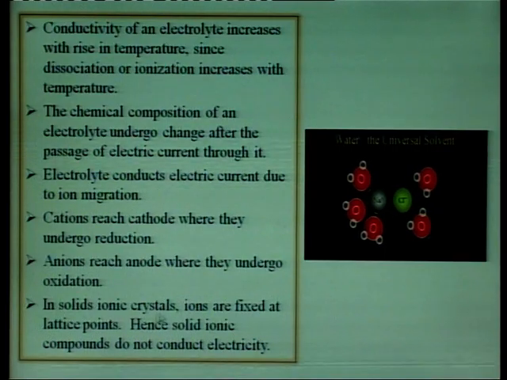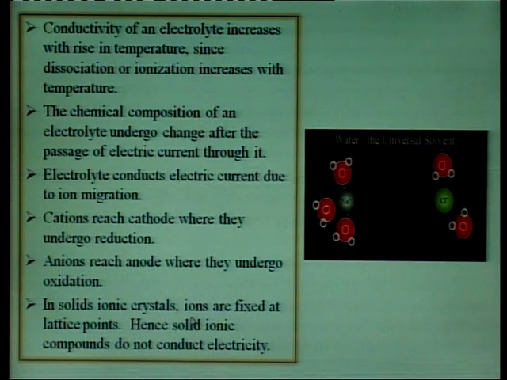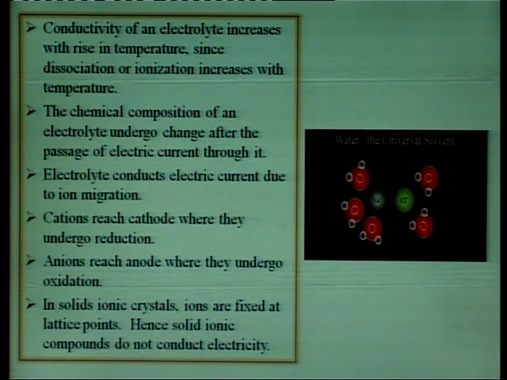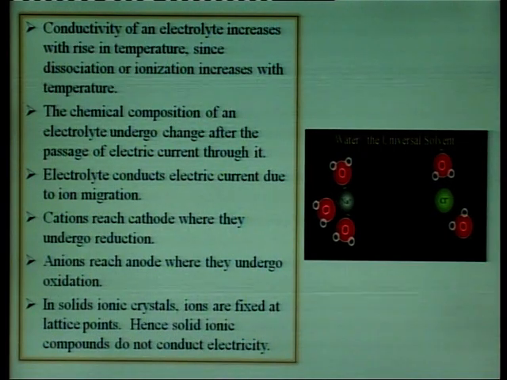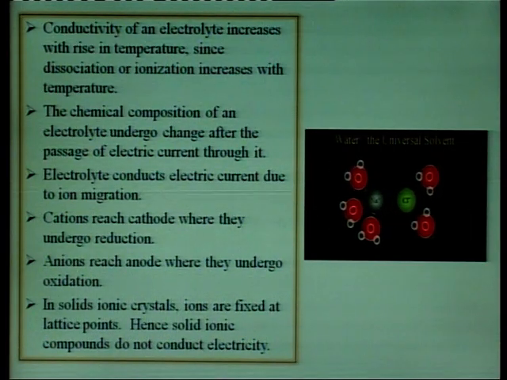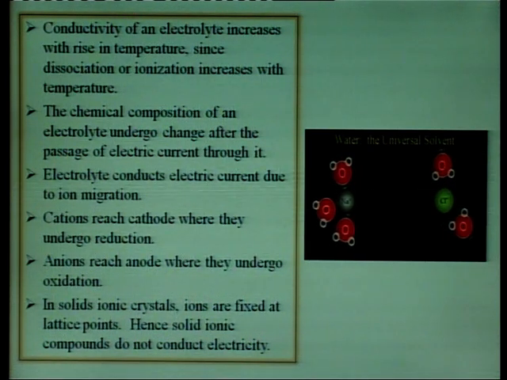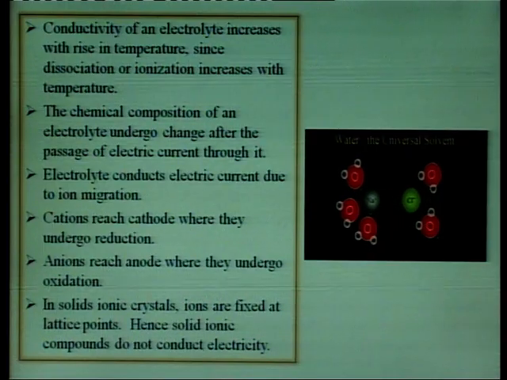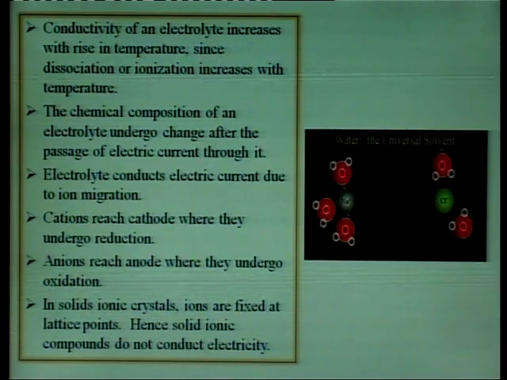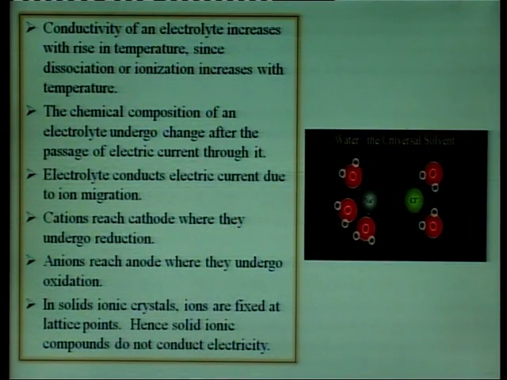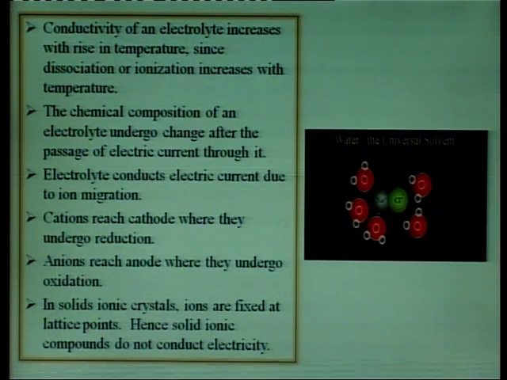In a solid ionic crystal, these ions are fixed to a particular point, and therefore, if you try to pass electric current through a solid electrolyte, even though it contains ions, for example, sodium chloride, which is expected to contain ions in the solid state, their positions are fixed and they are not free to move in the solid state, and that is the reason why they have to be separated, either by putting them into water, or we can separate them